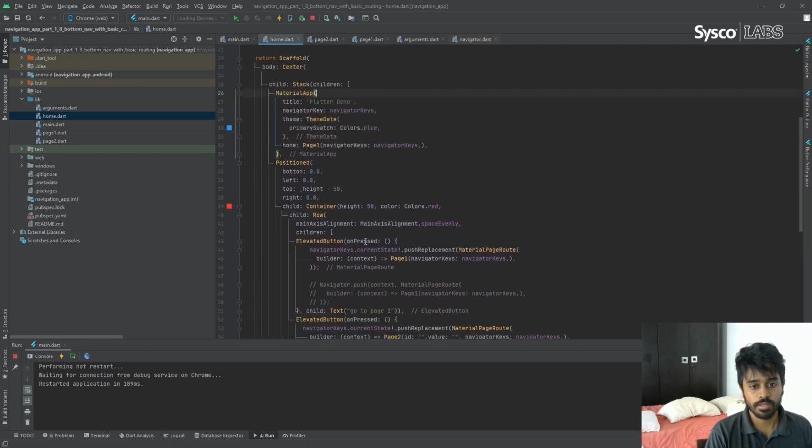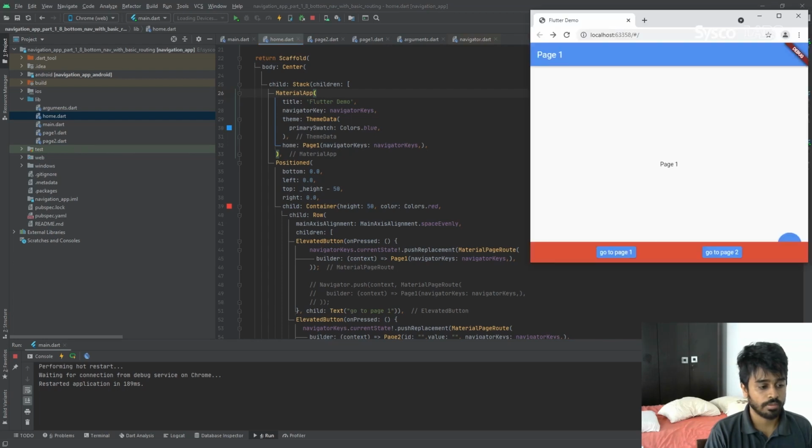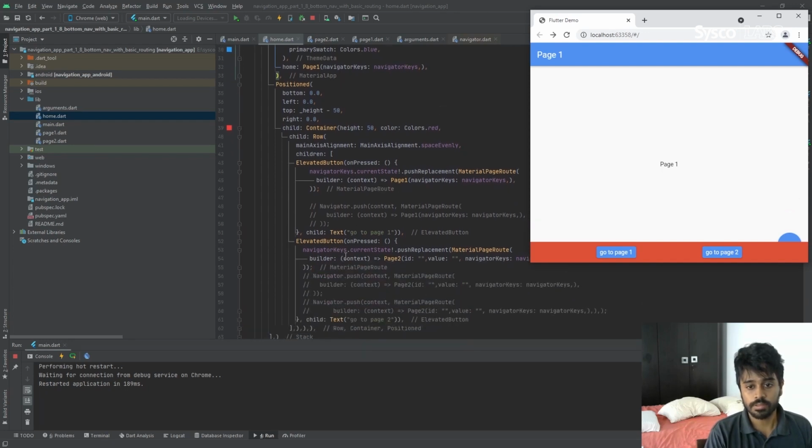Because of that, whatever widgets are under here will be covered by the bottom navigation bar. So that's how we can use these contexts and the navigators to navigate using a bottom navigation bar.